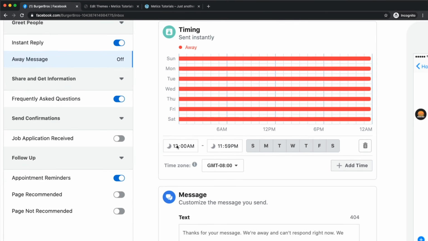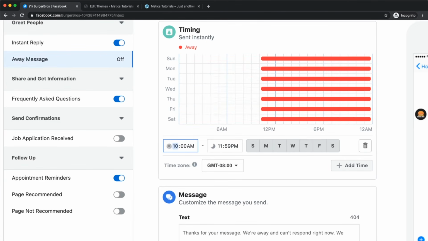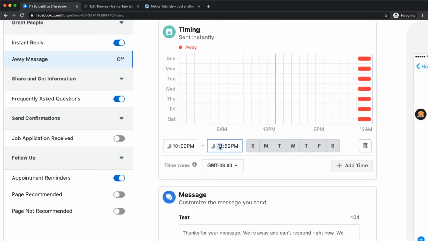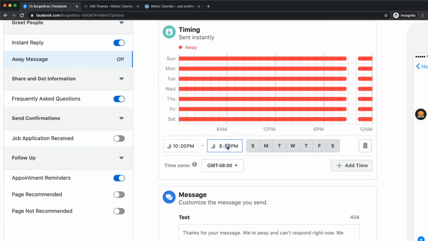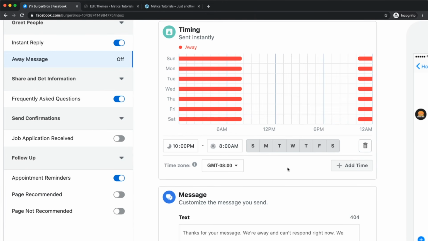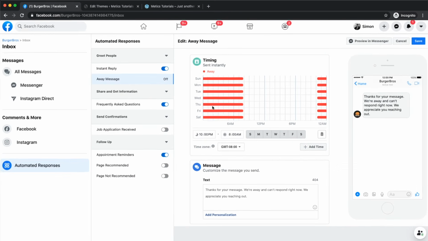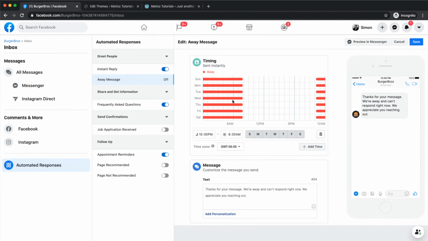So let's say we are away from 10 p.m. till 8 a.m. Now each day from 10 p.m. to 8 a.m. this messenger will be displayed as we are not available right now. And this is very useful, so you don't need to manually do this every time when you're actually not answering